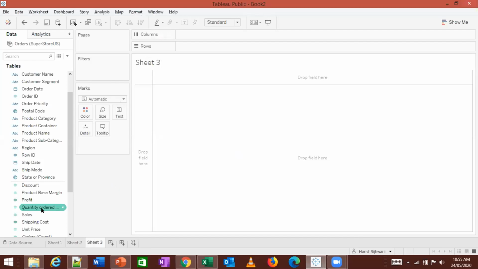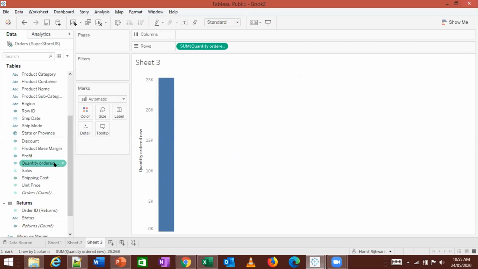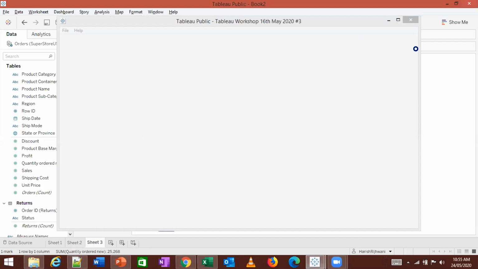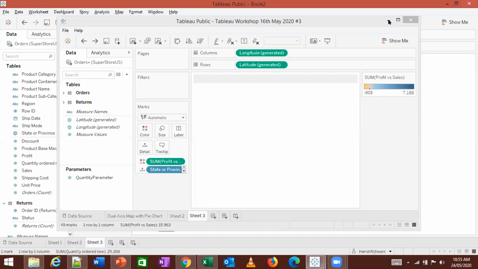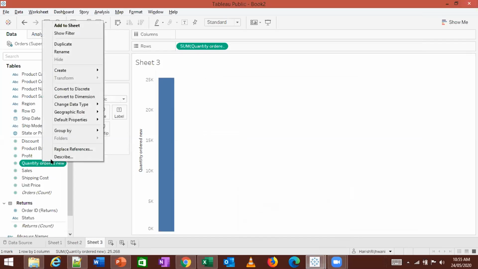Yes, quantity. Actually, I wanted to see this quantity ordered. My bad, I was looking at the other one. So in this quantity ordered, I want to see how many people have ordered. It's as good as seeing on Amazon, right? You order 5 items, somebody else orders 6 items. So you want to see that breakup. So this quantity ordered, I want to break it up into small groups.